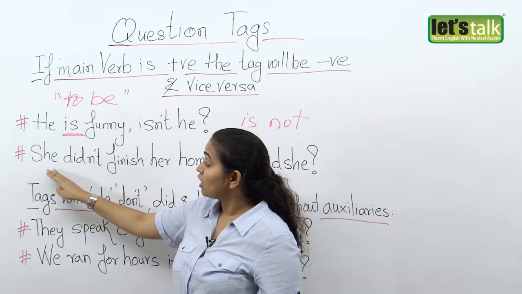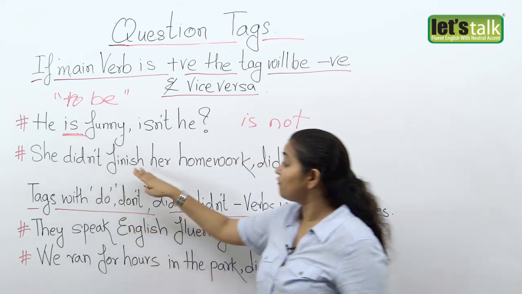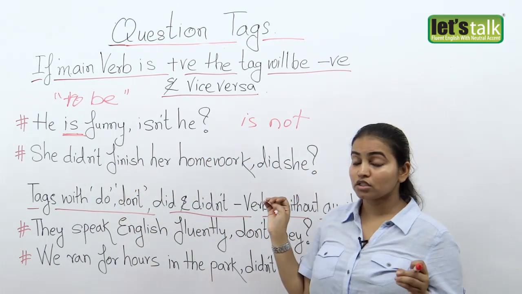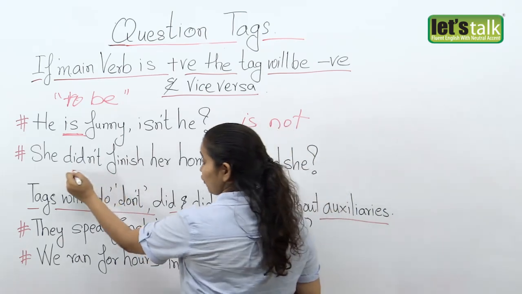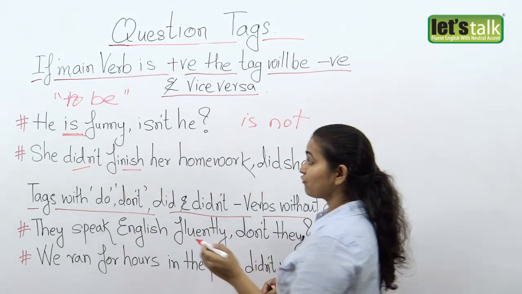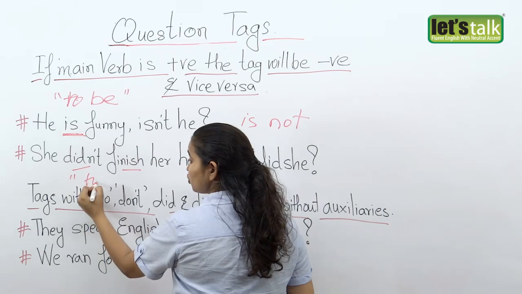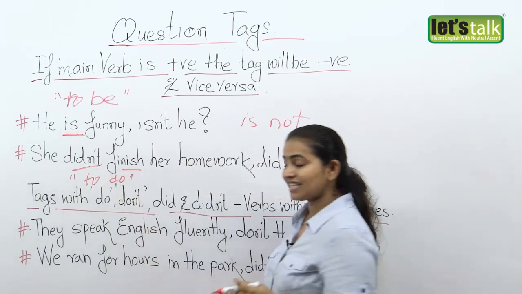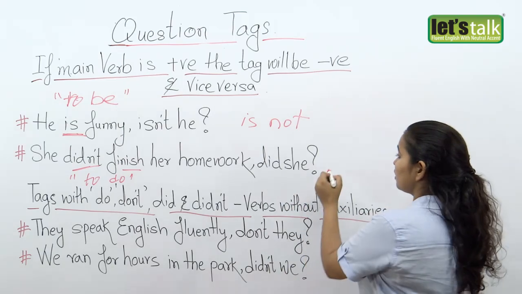We have now something like "she didn't finish her homework, did she?" Well, you've got two verbs here, but the main verb is "did," which is the form of the verb to do. Okay, and "did not" is negative. "Didn't" means "did not,"